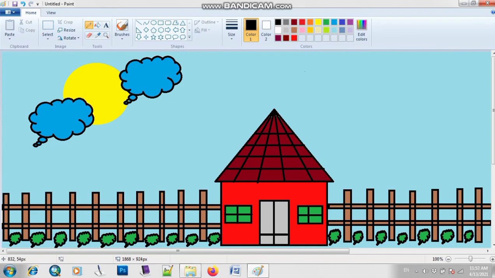Like if I want to write here L and dot M, Lahore Maktab. So as you can see, the writing is not neat and clear. So pencil tool से आप कोई भी चीज़ टाइप कर सकते हैं. If you want to write your name, anything, then you can use pencil tool. So this you can do with the help of pencil tool.